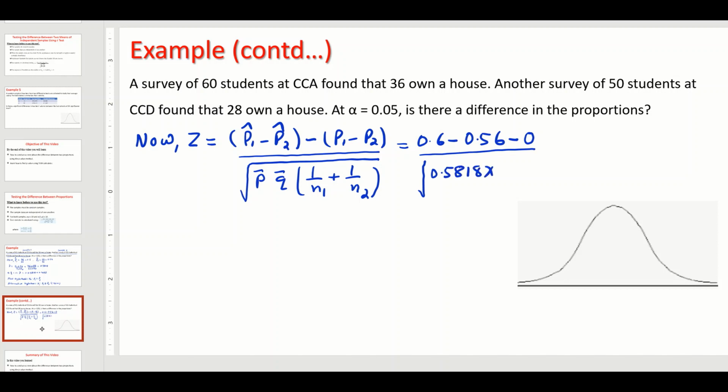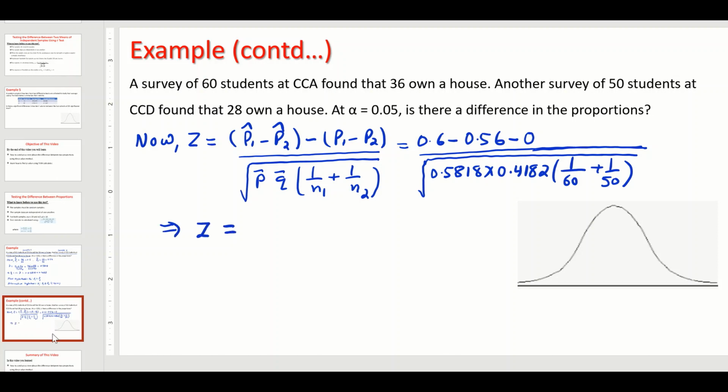0.5818 times 0.4182 multiplied to 1 over N1, which is 60, plus N2, which is 1 over 50. Okay, all these values are inside the square root and in the denominator. So this implies,